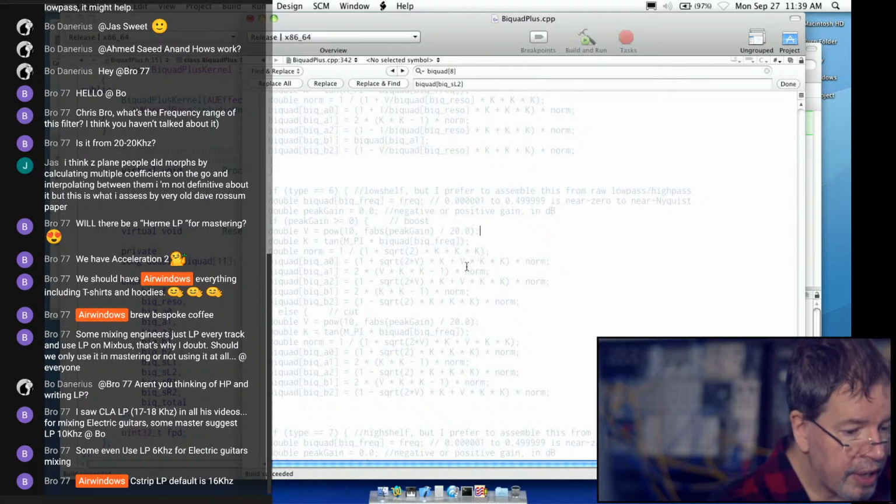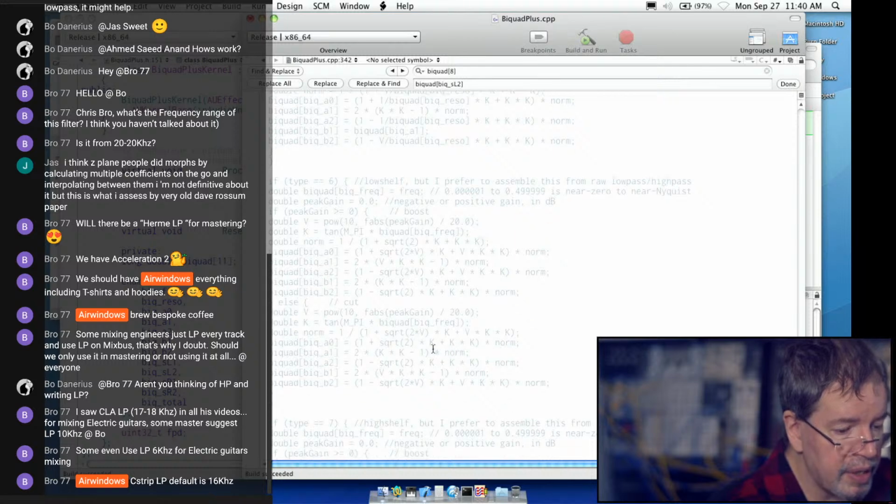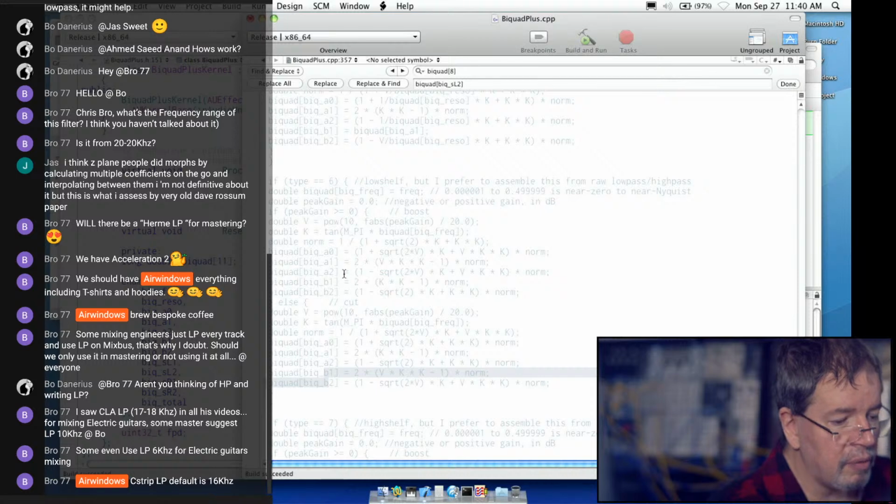And where does V come in? V comes in here. So it shows up in assigning these factors, and then these are sort of after effects. And again, with the cut, the V comes in on these factors. With the boost, it comes in on all of these factors. So that's apparently how that balances out.